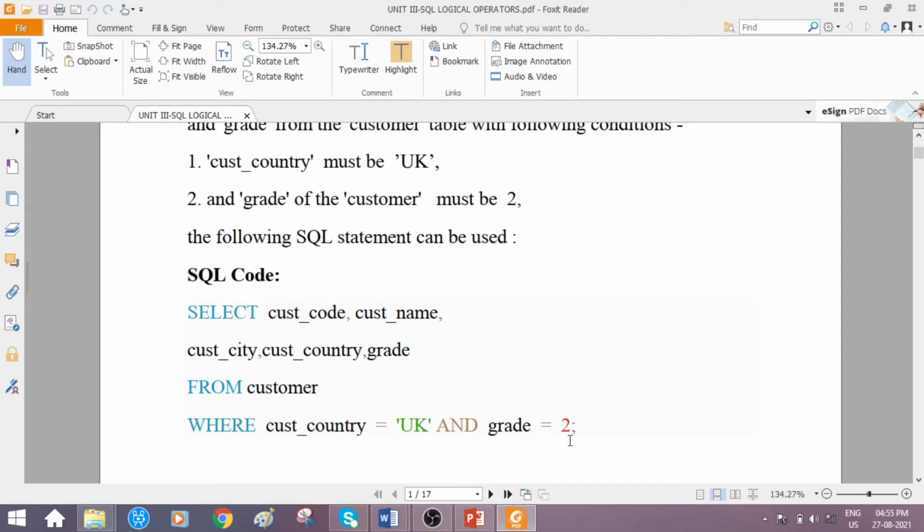From that list of customers, what happens after executing this query? The information is filtered. Only the customers who belong to this particular country and who have grade 2, only those customers' information will be displayed. Is that clear? So this is about the SQL logical and operator, how to implement it in the query.